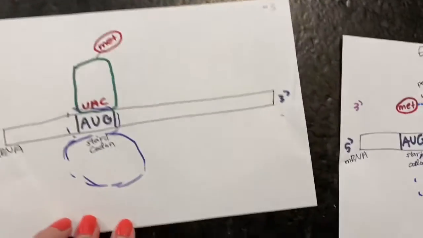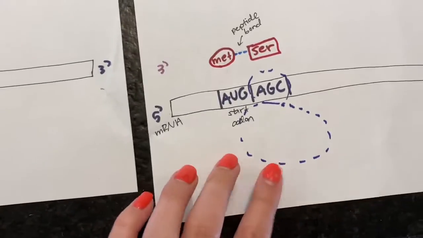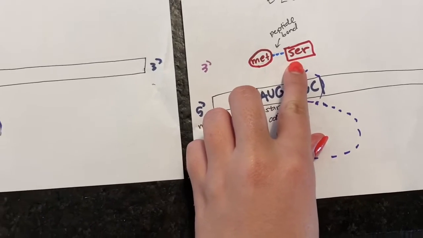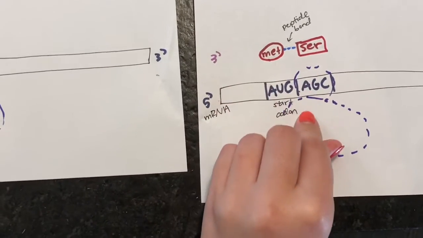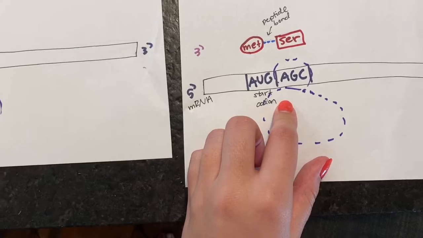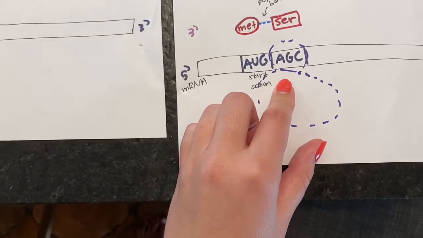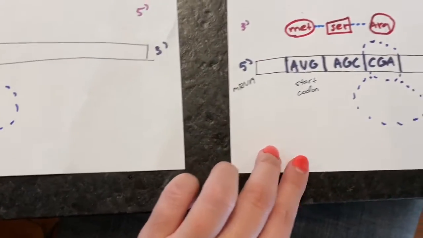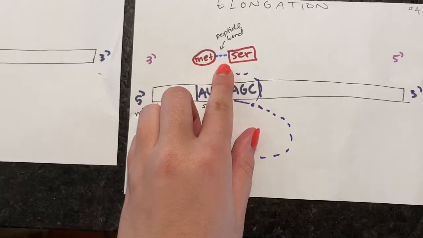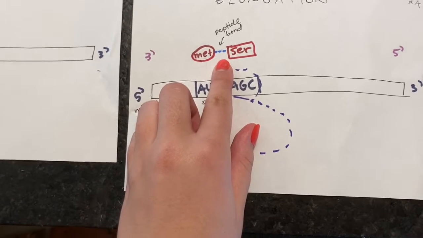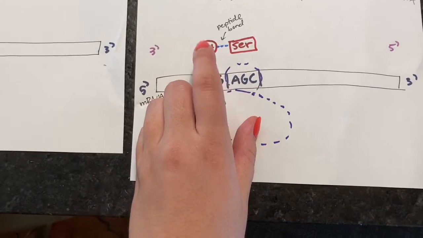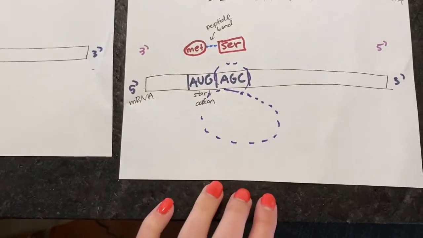Next, the next tRNA brings the next specific amino acid, Ser, that has the anticodon that is a complementary base to the next codon on the mRNA strand. The tRNA binds the amino acid to the mRNA codon, and the two amino acids are now connected through a peptide bond. Once the bond is formed, the tRNA releases the peptide and circles back into the cytoplasm to start